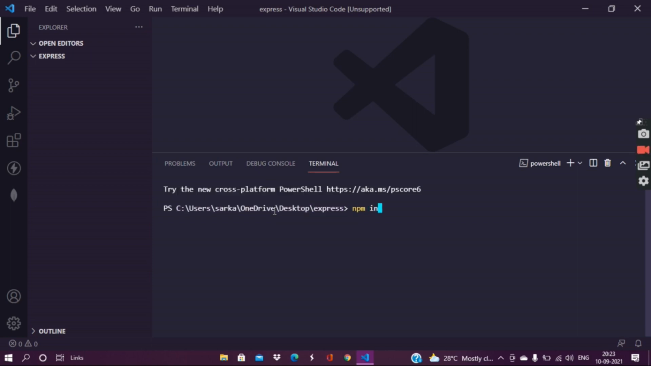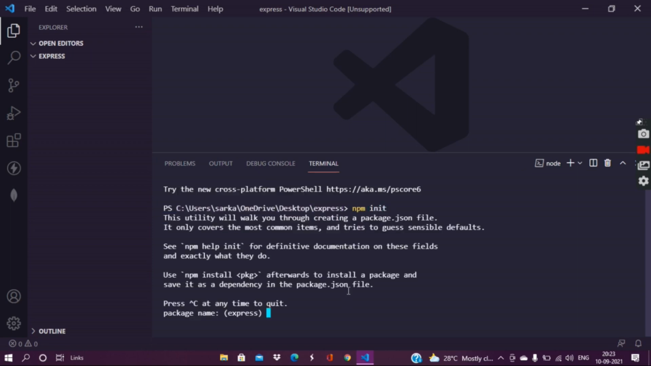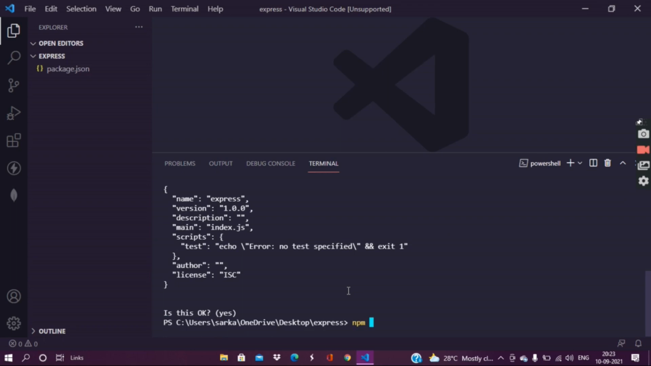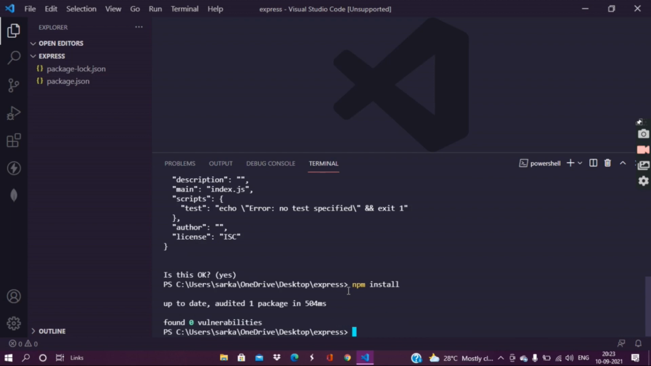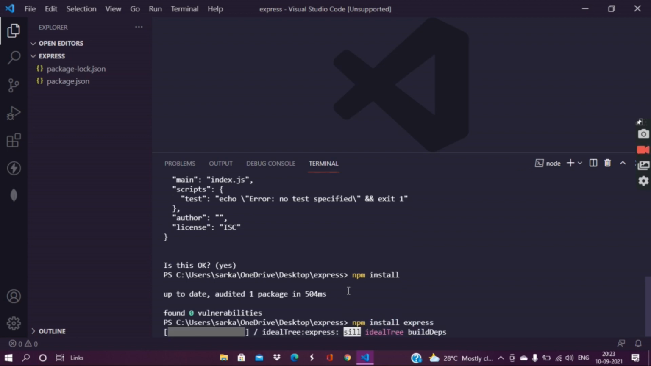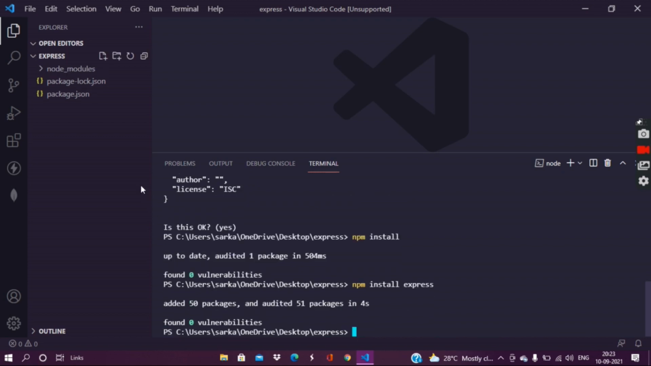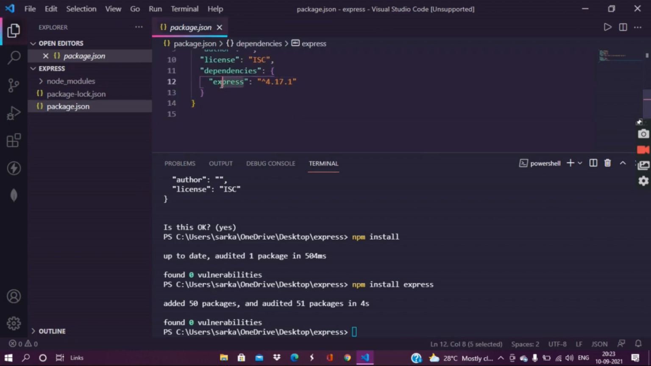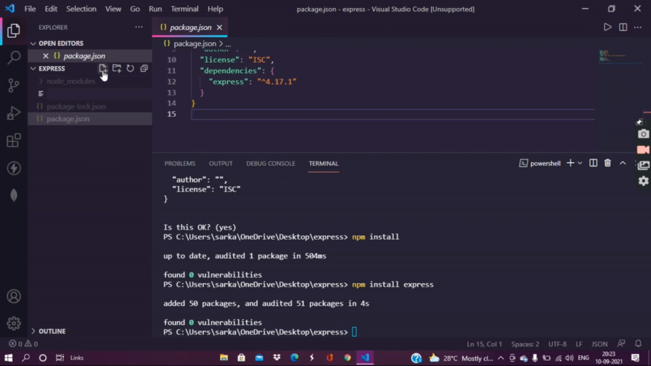But first, npm init to initialize npm. Then press enter, and it initializes and installs npm. Then it's installing Express. Go to the package.json and check whether Express appears in dependencies or not. Okay, so now make your server file, which I'm naming